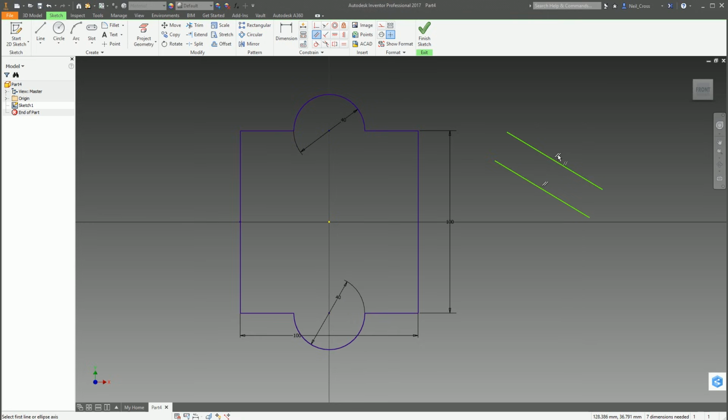You get the little parallel glyph there, and then when you move or change the angle of any of those lines, they will always remain parallel to each other. So it's totally different to making two lines horizontal or two lines vertical. It's forcing two lines to be parallel to each other. Now, you would very rarely do that with just two lines.